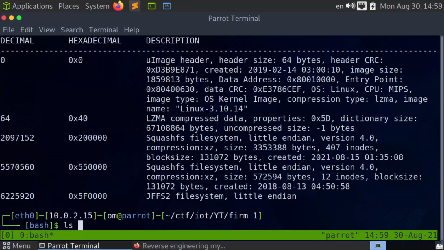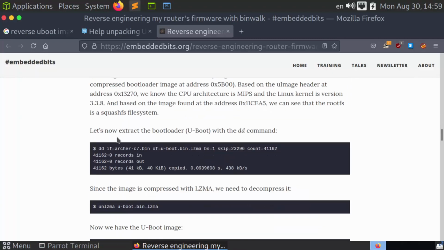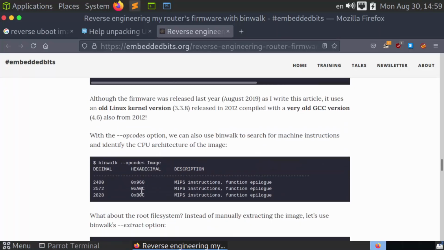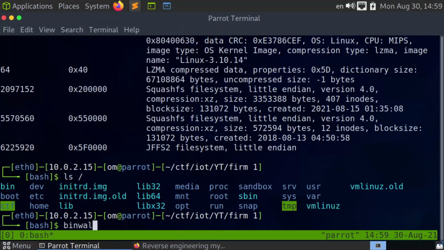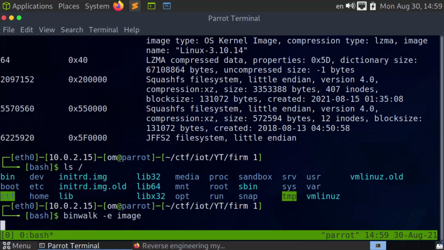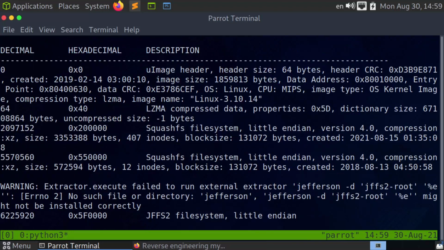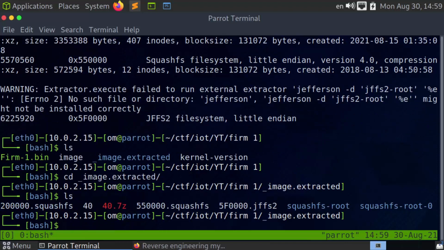All the file system that we have in slash is accessible and is put in this file. Now this also goes over how we can extract it. We can simply do binwalk dash e or dash dash extract to extract this file. So we can do binwalk dash e and then our image, and then we can wait for binwalk to extract this. We do ls, we see we have a new directory created by binwalk. We can go into it, and we have the following.